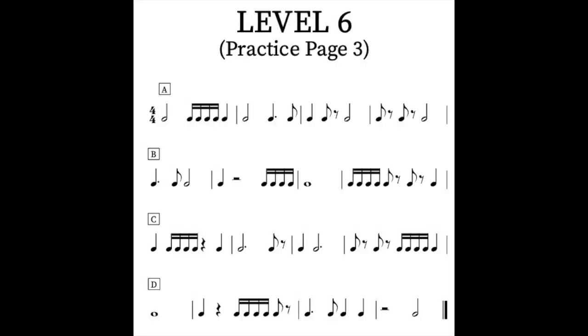Level 6, practice page 3. 1, 2, ready, go. Ta, tiri, tiri, ta, ta, ta, iti, ta, ti, rest, ta, ti, rest, ta, bi, ta, iti, ta, rest, tiri, tiri,